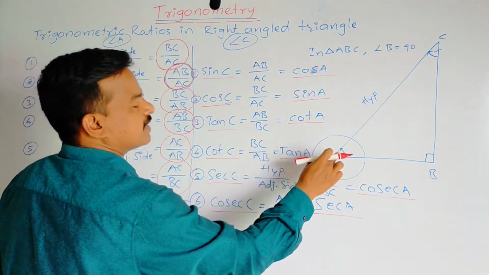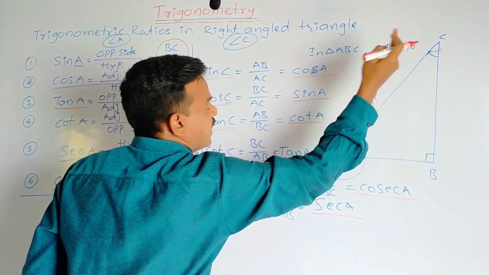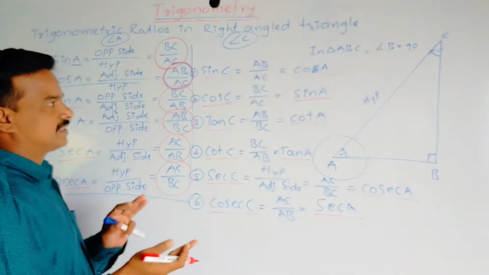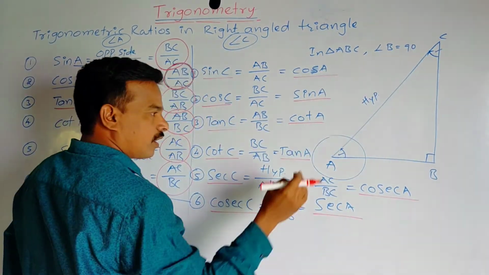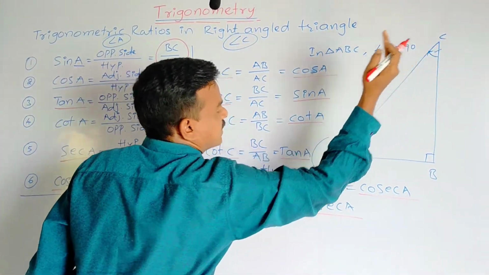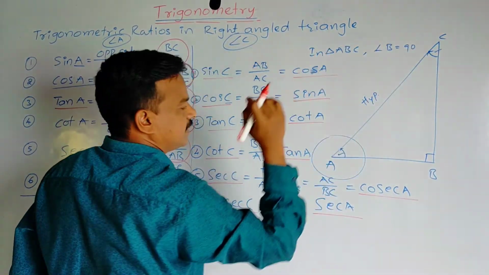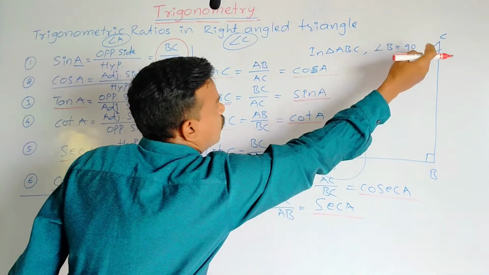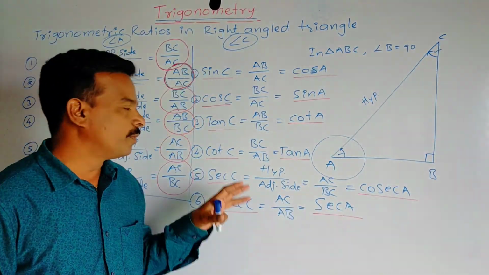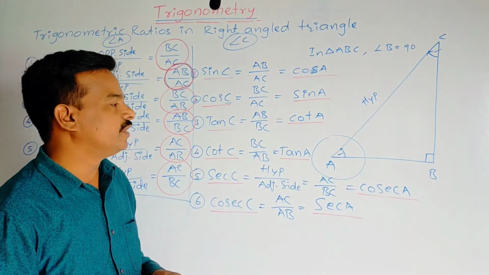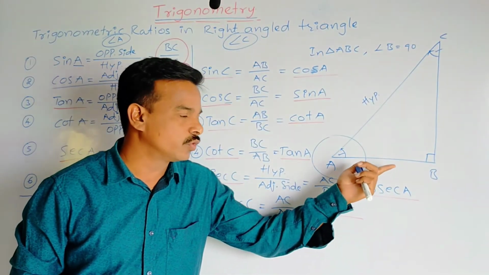Okay, that means sin A is equal to cos C. Cos A is equal to sin C. Sin and cos. Okay. Next, tan A is equal to cot C. Cot A is equal to tan C. And next, sec A is equal to cosec C, and cosec A is equal to sec C. Okay. These are the trigonometric ratios and the relationship between the remaining two acute angles in a right